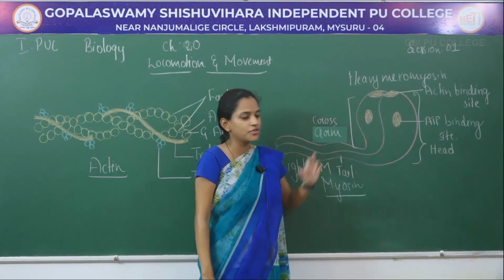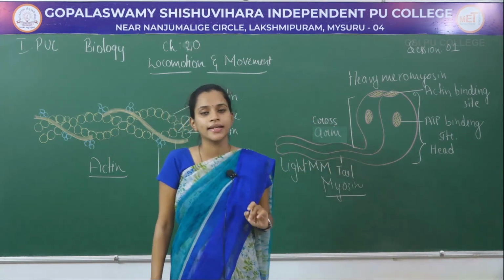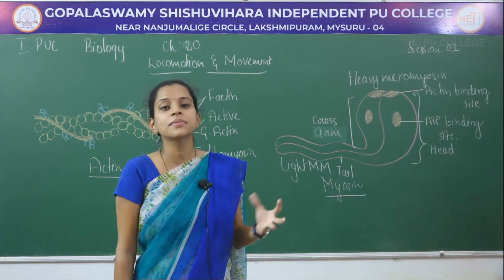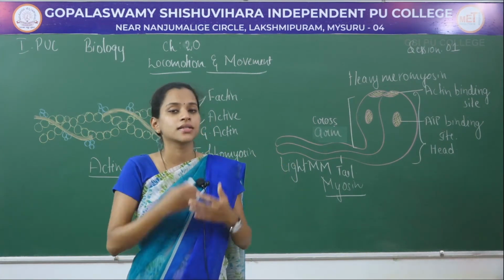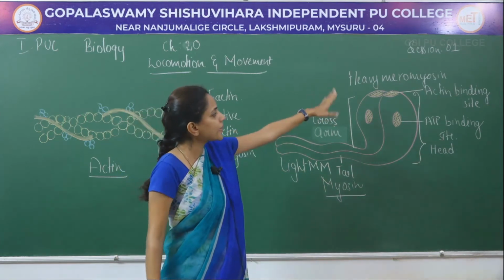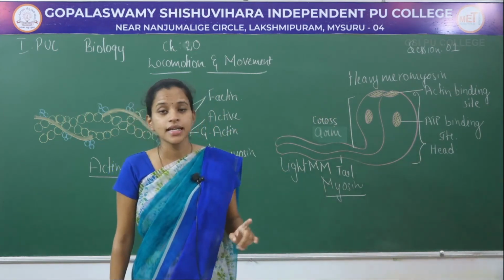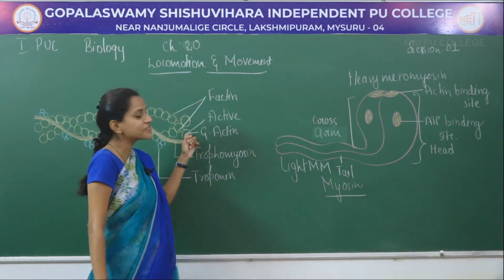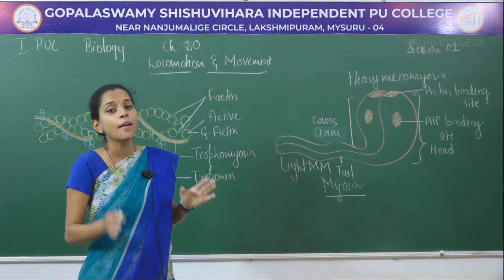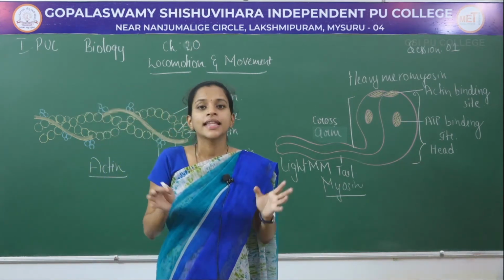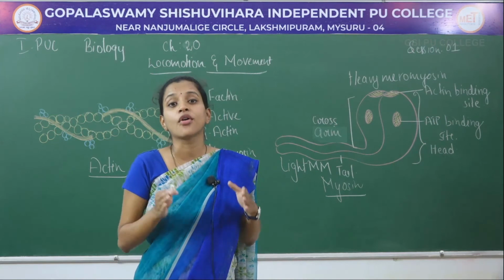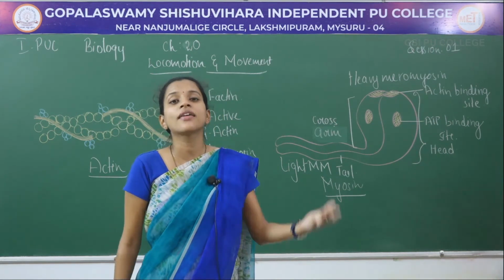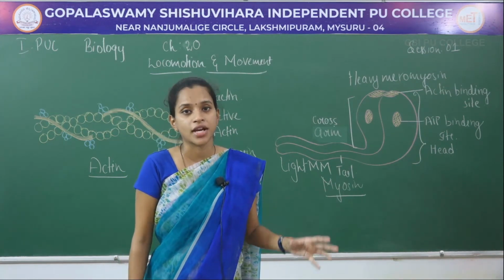When it comes to the head region, they have two binding sites. In the center, they have the ATP binding site, which helps in binding the ATP and helps in muscle contraction. Whereas the tip contains the actin binding site. This actin binding site of myosin binds to the active site of the G actin and helps in muscle contraction. That is about the two different types of contractile proteins present in the skeletal muscle. Next, we have to study muscle contraction.